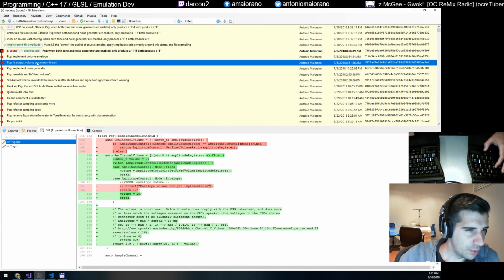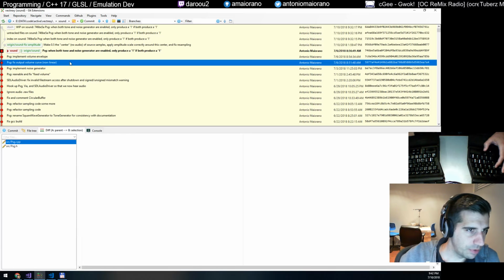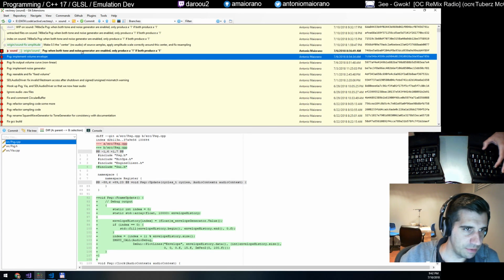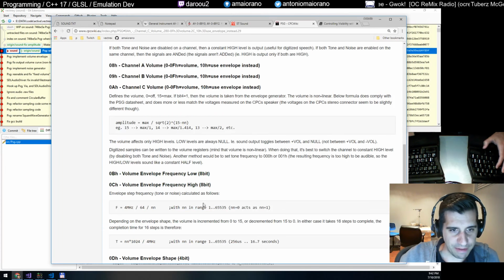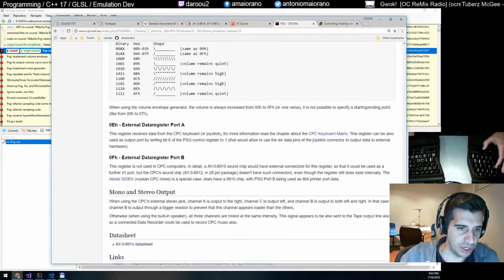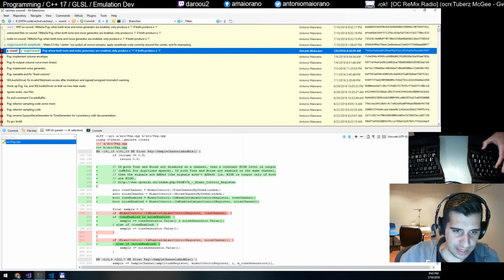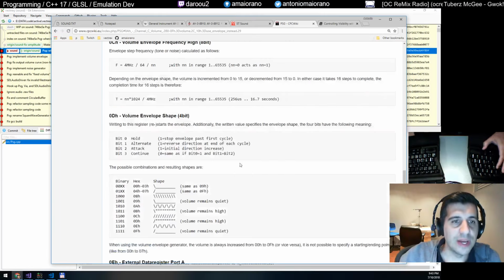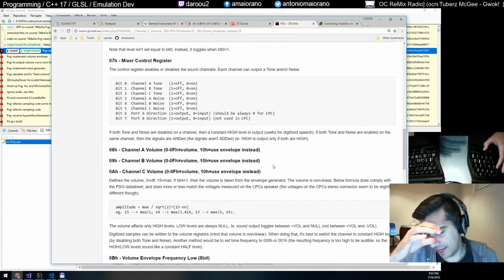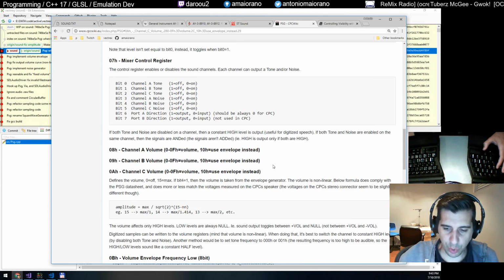Now, along with that, fix output volume curve. Then we implemented the volume envelope. And then there was another thing that I found out while reading this page. There seems to be a lot of very interesting information in here. One of the things I found out here was that if both the tone and noise are disabled, that's right. There was this question I had about how do we treat both tone and noise on the same